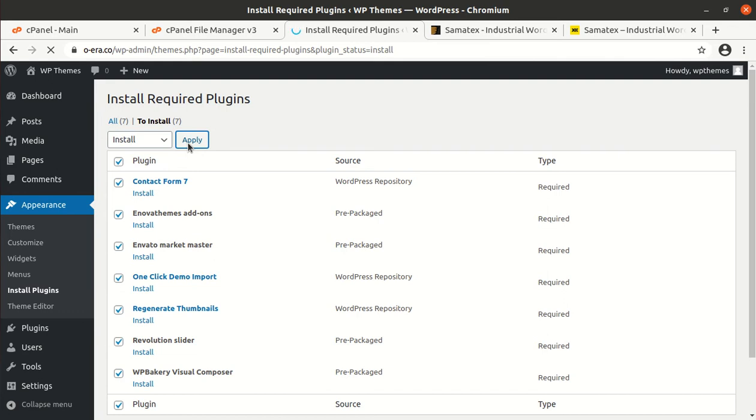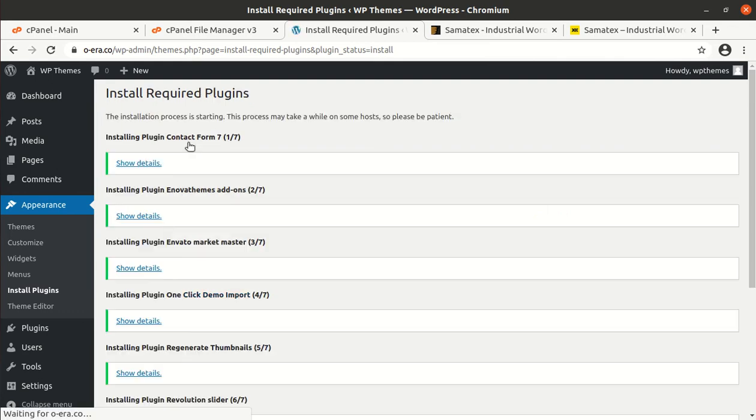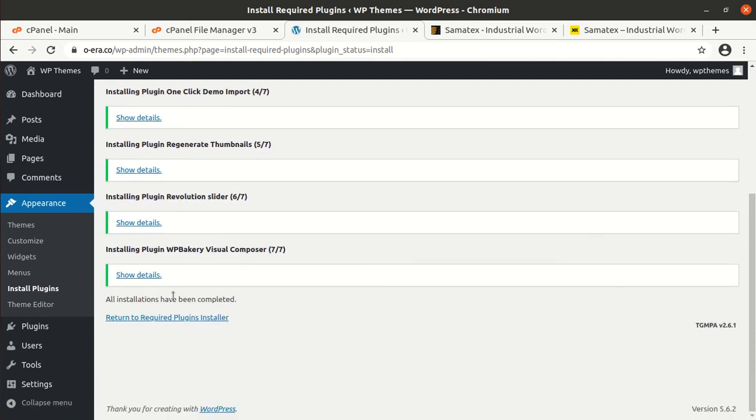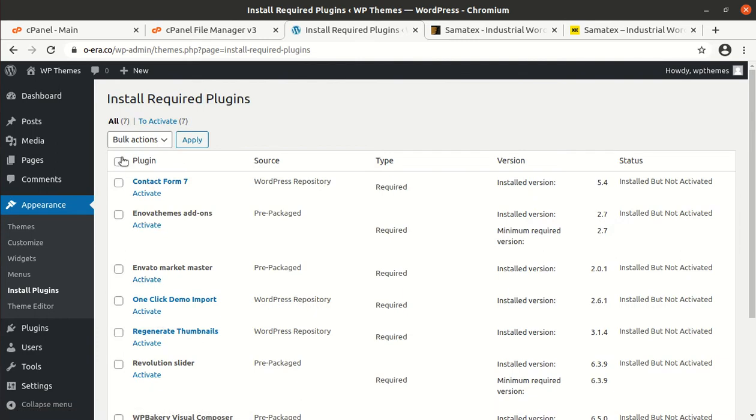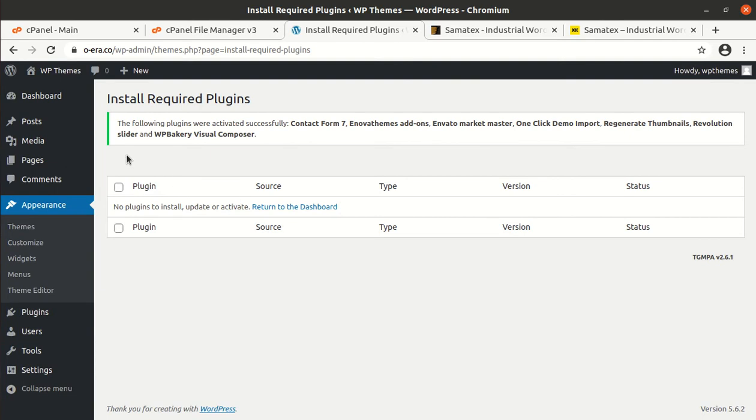And if you are planning on hosting with the WP themes, you should get the same capacity server. And now activate the installed plugins. Now all the plugins have been installed and activated along with the theme.